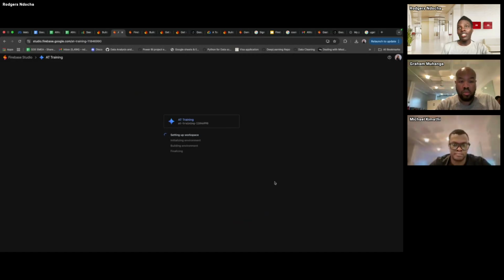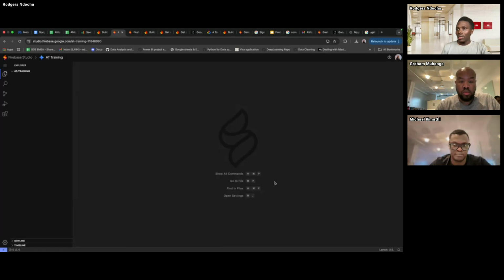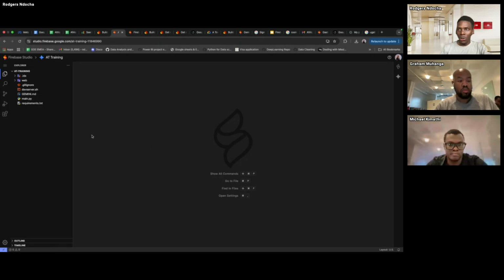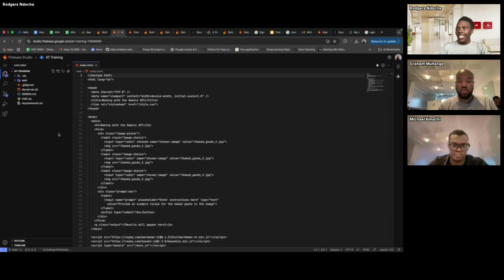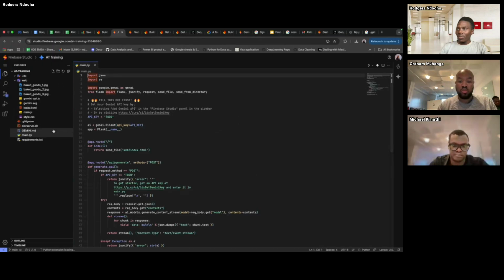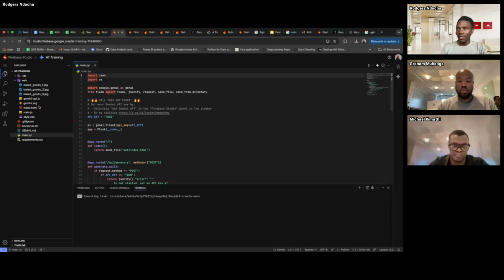If you are doing it locally, you may find your laptop does not support a certain kind of environment. With Firebase Studio, it's easy. You don't need to worry about the resources your laptop has. So you see, it automatically spins up the pre-loaded template with the files.